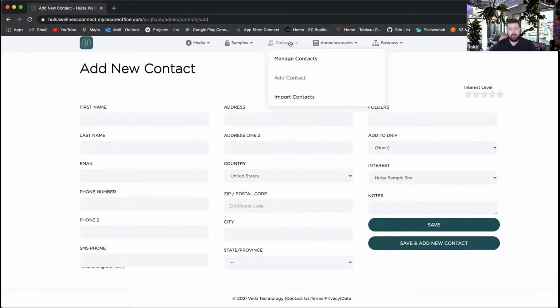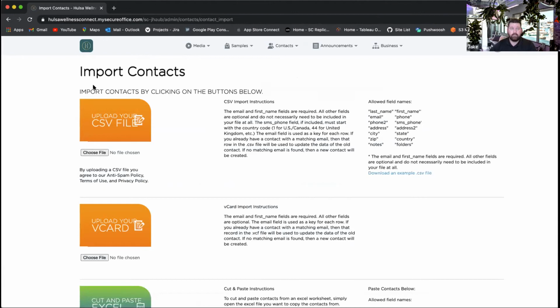or you can bulk upload. So if I want to go to import contacts instead of add, here I can upload a CSV. So that's just like a spreadsheet: build a spreadsheet with these headers here at the top, in the top columns, and then just download that spreadsheet as a CSV. And then you can upload that file here and it'll add all those contacts. You can also upload a